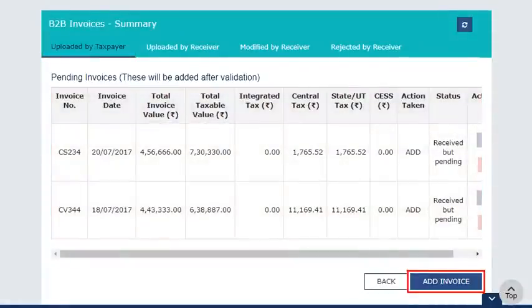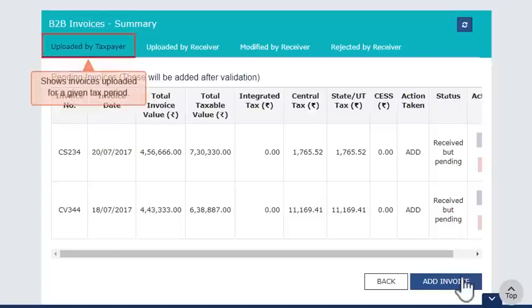If you want to add invoices of a particular receiver, you can use the Add Invoice button available on the receiver's screen as explained earlier. In that case, the receiver's GSTIN, name, default place of supply, and default type of supply fields would be pre-populated. The Uploaded by Taxpayer tab shows all the invoices that you have uploaded for a given tax period. Similarly,